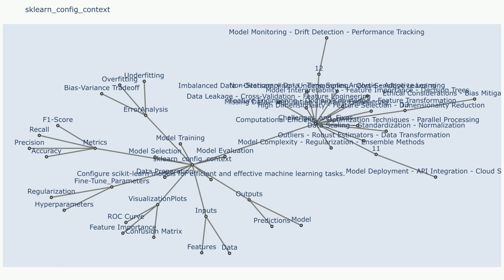sklearn config context. Description: the config context in scikit-learn (sklearn) is a powerful tool for managing and customizing the configuration of your machine learning pipeline. It provides a structured way to set and modify various aspects of your model building process, ensuring consistency and reproducibility. Inputs. Data: the input data, usually in the form of a pandas data frame or NumPy array,